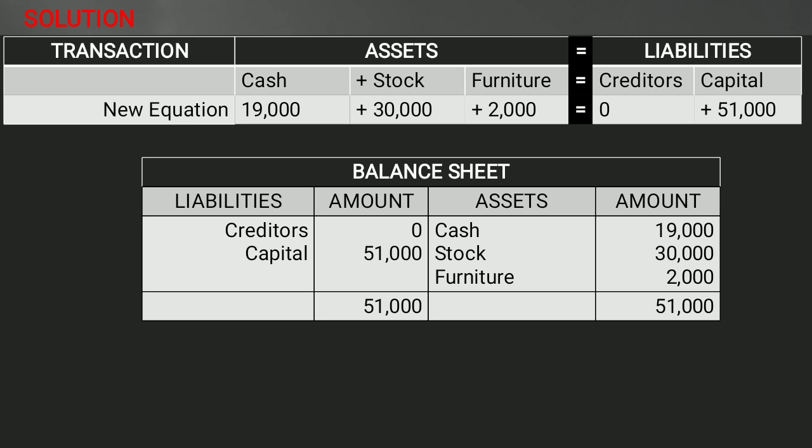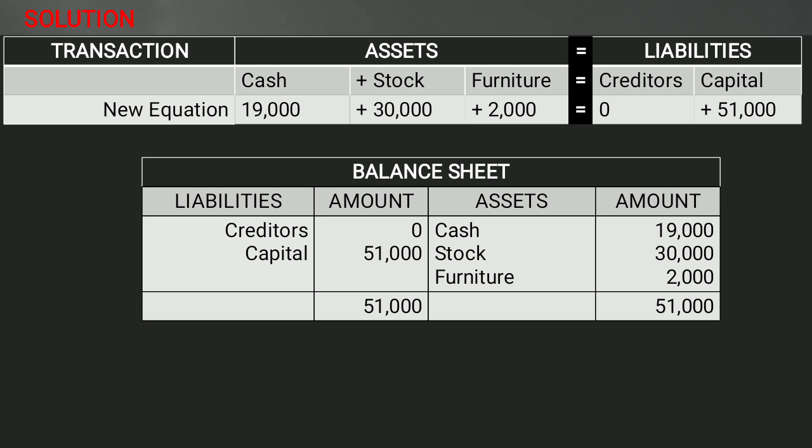So on the basis of these assets and liabilities, we prepare the balance sheet. Basically in the balance sheet we have 4 columns. The first column, on the left hand side, is called the liability side, and the right hand side is the asset side. So we have columns: liabilities, amount, assets, amount. According to our last equation we have to put the values. Please remember, the left side is the liability side, the right hand side is the asset side.